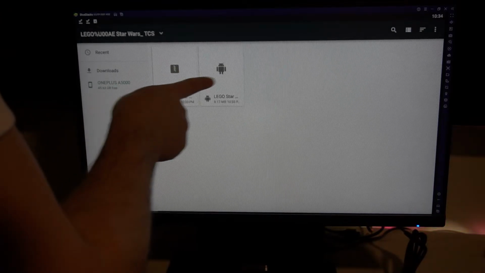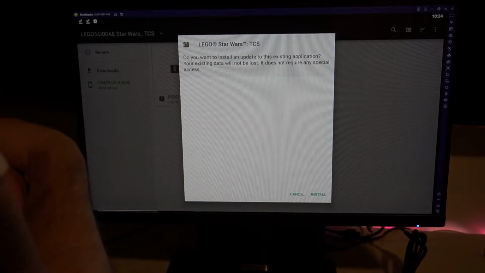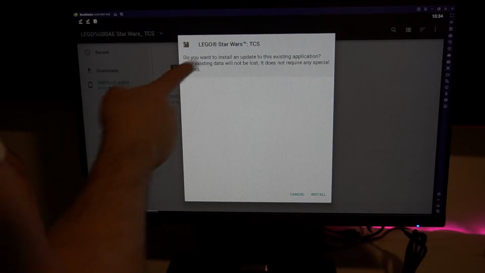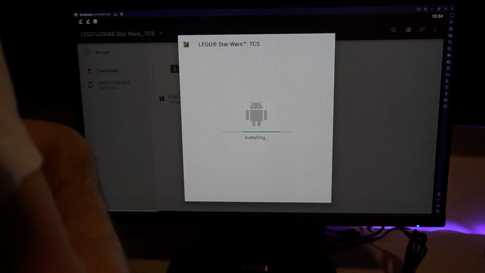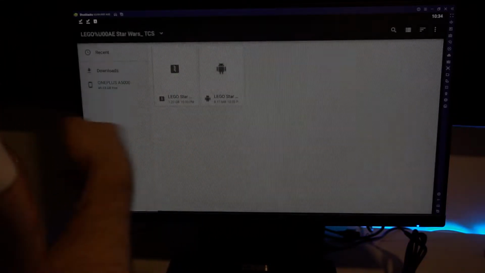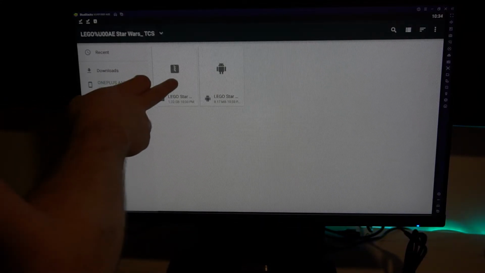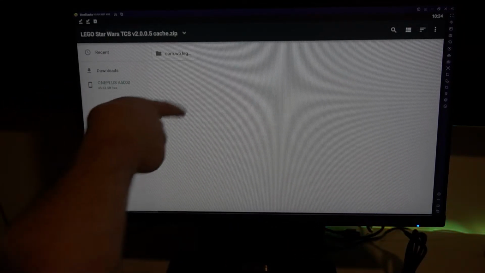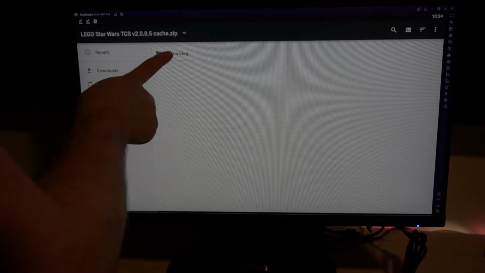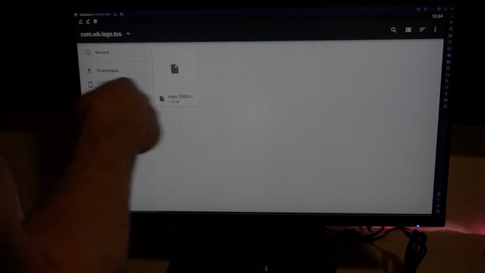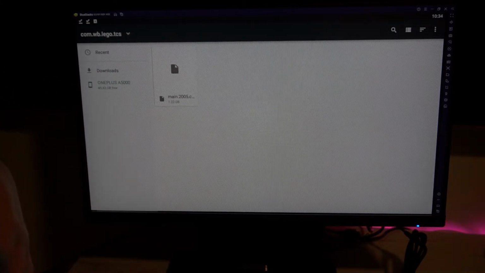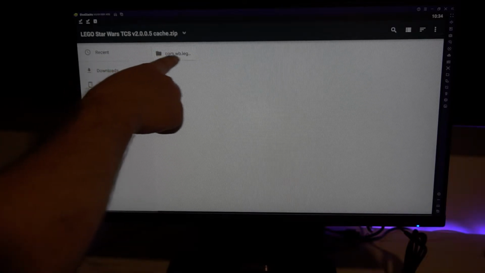And as you can see here, it looks like there was an actual update APK file. So we're actually gonna run this. We're gonna install this. And we're gonna press done. Now inside of this is the zip file here. And we have this main program here. So I went a little bit too far back. We're gonna backspace. You always want to look for this